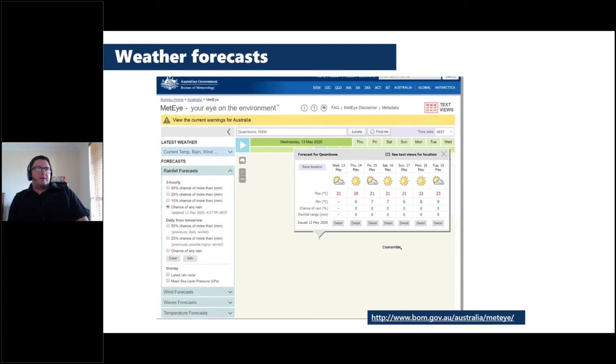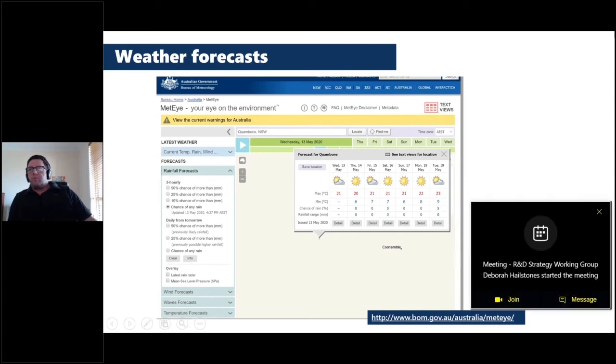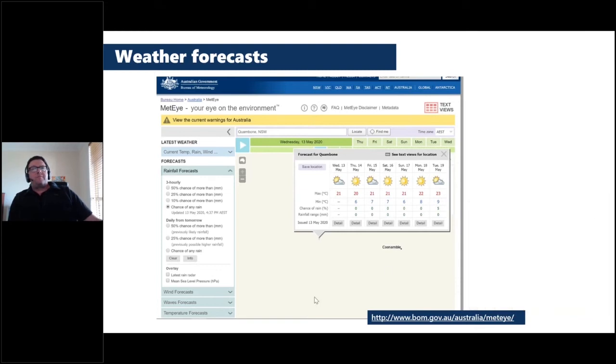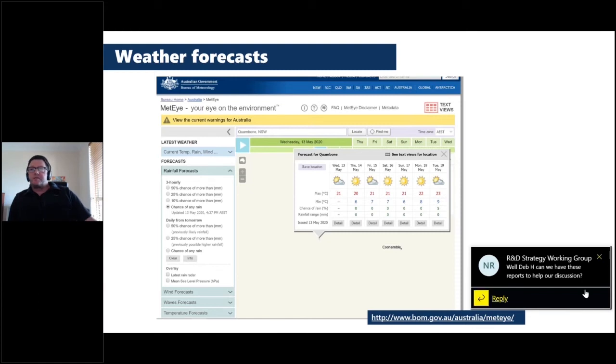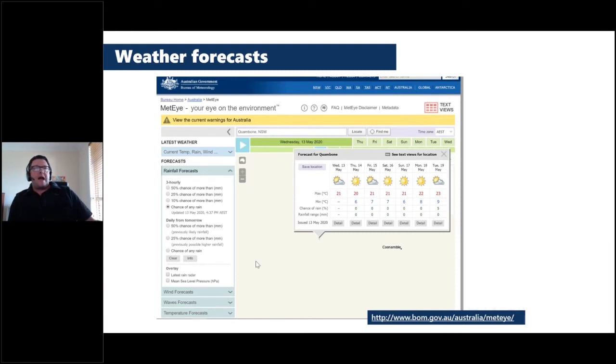And again, you hear this being reported on the radio. You hear radio people communicating the forecast, the news, etc. They're generally, most of them, getting their information from the Bureau of Meteorology. You can jump online and use this tool called METI to get a more detailed view of the forecast if you wish. The Bureau, and we'll go through this in a little while, also pushes its information out through other apps, and we'll go through a little bit of that in a minute.